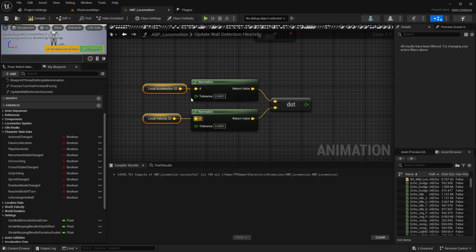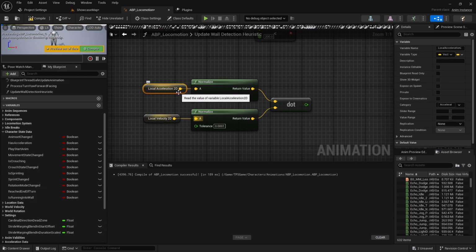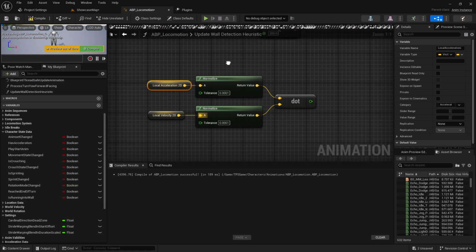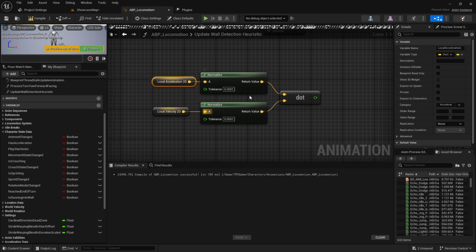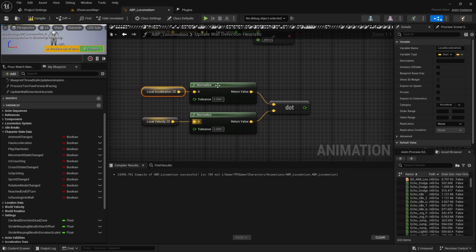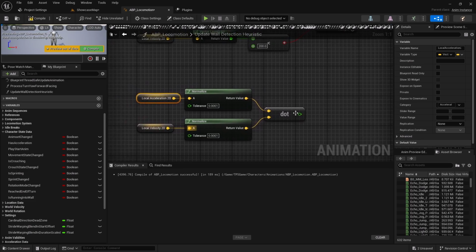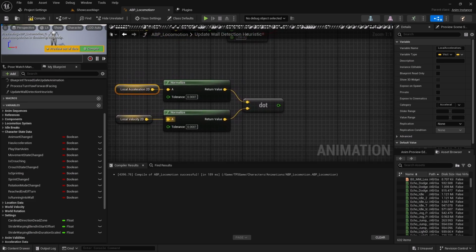It's enough to have a unit vector pointing in that specific direction. So whatever magnitude this vector has, it will become 1 once we normalize it, but the direction is preserved. Okay, so we get that dot product,